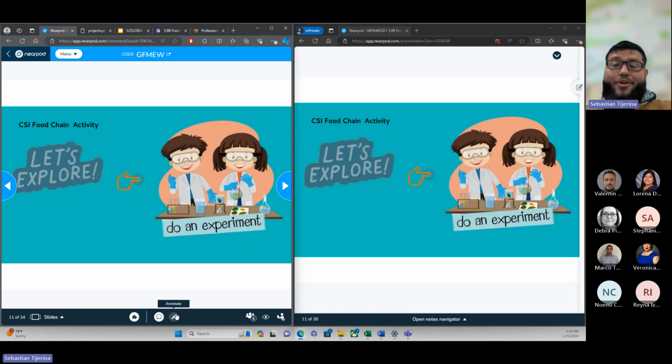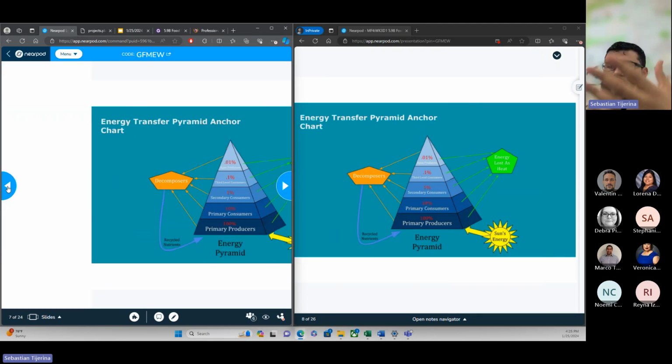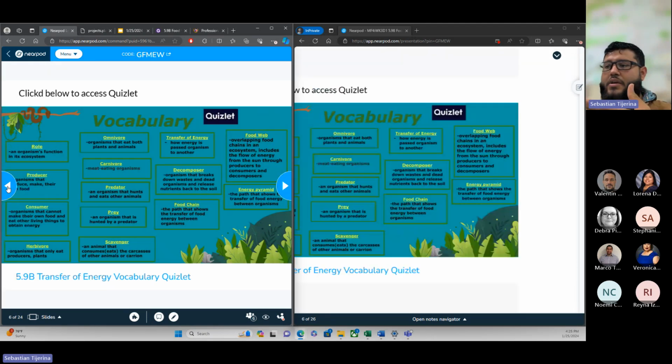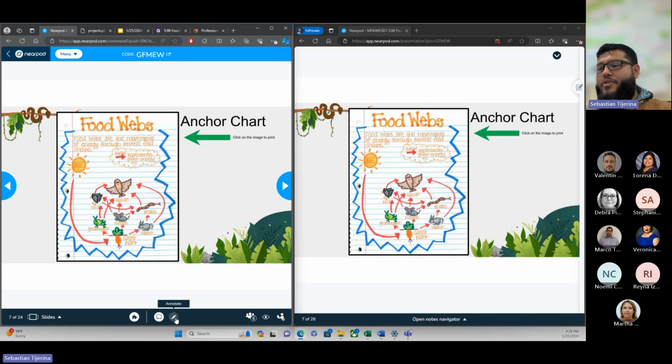is the annotate feature. I love the annotate feature because as the students are following along, let's go back to the vocabulary. And this is where I usually use it the most within my vocabulary if I'm trying to highlight something on their screen, or this one right here. There you go. This is a perfect example right here. So another great feature is the annotate feature down here in the same area where we can find our add